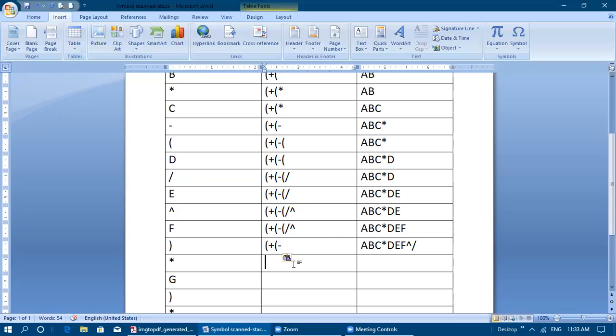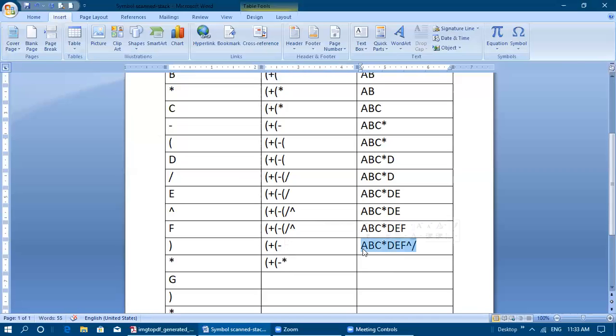Now what element are we going to scan? Operator. Okay, an operator is going to be scanned. So now we need to check whether the stack operator has the same precedence. No, it does not have the same or higher precedence. This minus is not higher. The stack operator does not have higher precedence than the scanned operator, because minus is lesser than this star. So you are going to push this star into the stack after minus. Understood? So now we push the star into the stack.